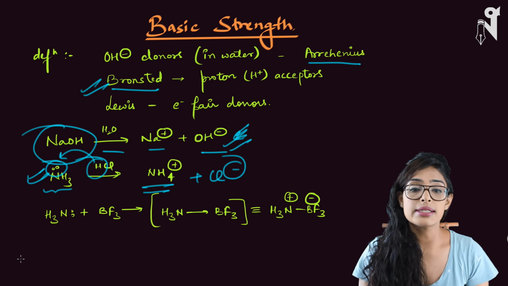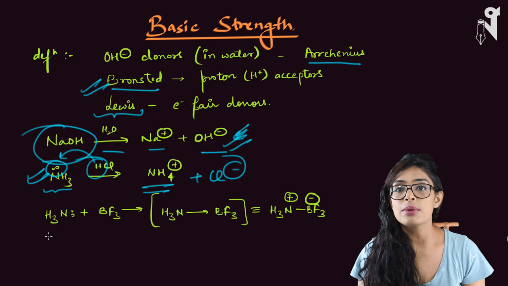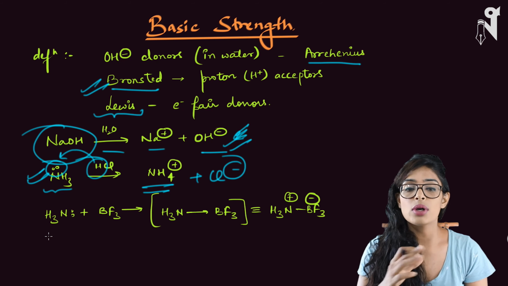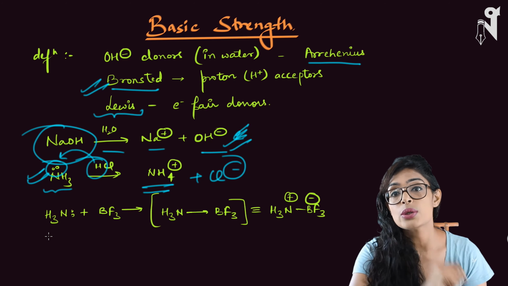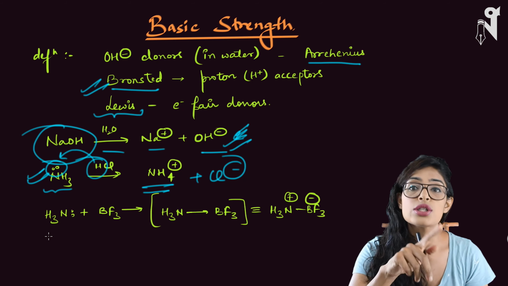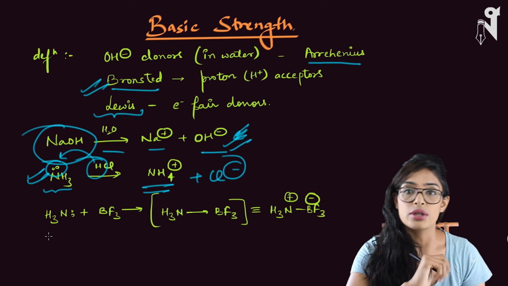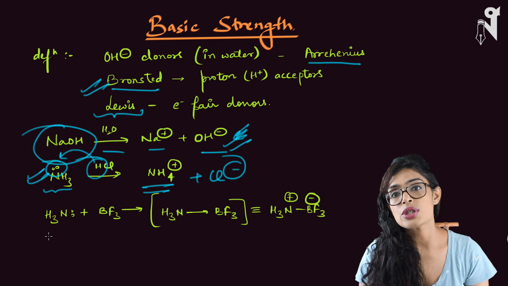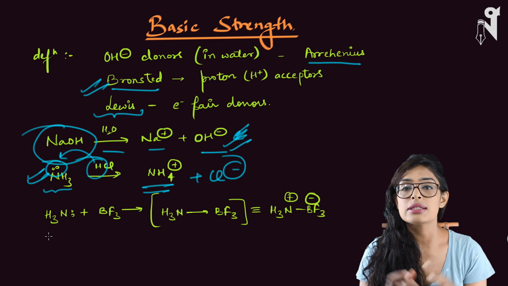Okay, next is Lewis bases. Lewis bases and Lewis acids are something which you have already studied in organic. And what are Lewis bases? These are the ones which are electron pair donors. So there is mandatorily going to be an electron pair. That electron pair again can be a lone pair or the electron pair due to the negative charge. So they donate their pair of electrons to an electron deficient species and form a coordinate bond. Such kinds of species are called Lewis bases.